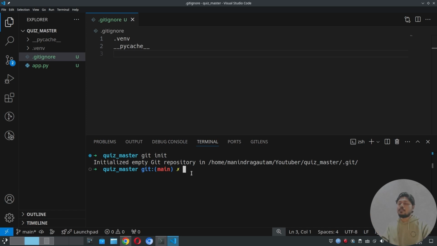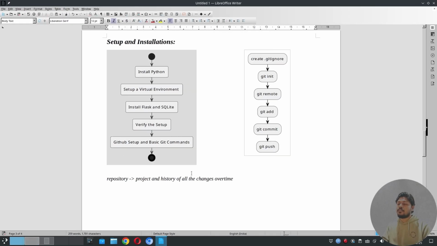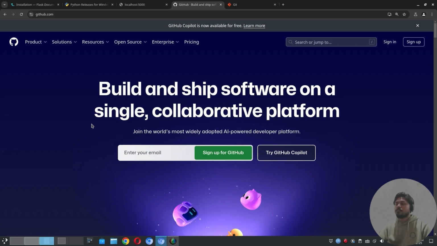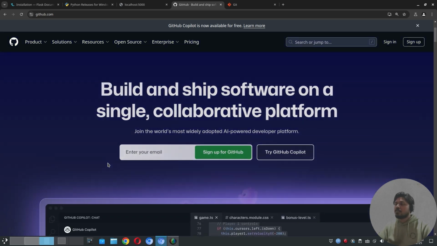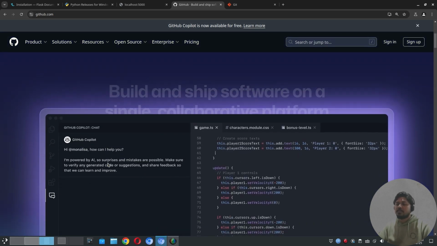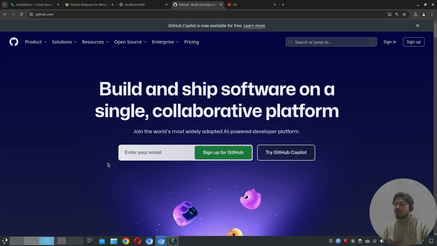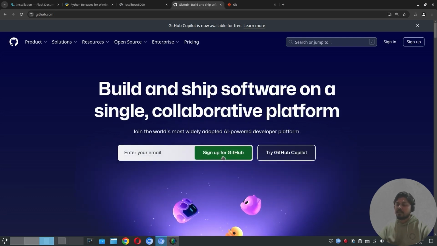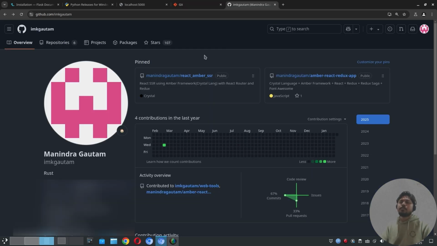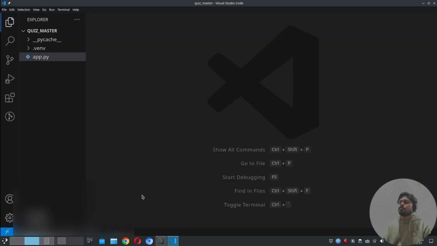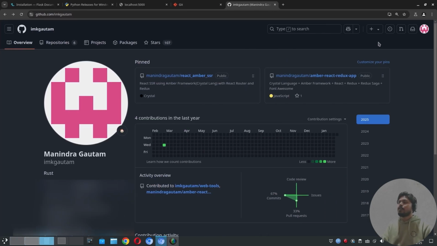So we will create a repository at the remote now. How will this work? To work with GitHub, you have to create an account first. You can sign up for GitHub using your email. After signing in, you see the GitHub dashboard like this. Just create a repository. For creating this, you click here on the plus button and then New repository,